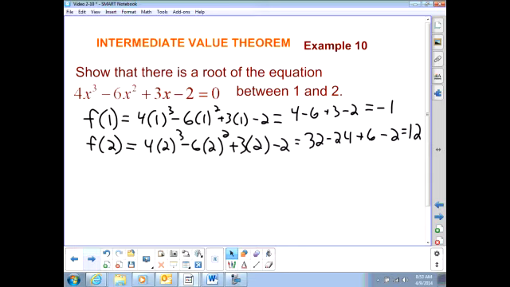Because 0 is in between there, that guarantees that there is a root. So we can say now by the intermediate value theorem, and we can abbreviate it IVT. Okay, and it's important, you need to say that that's why it works. By the intermediate value theorem, there must be